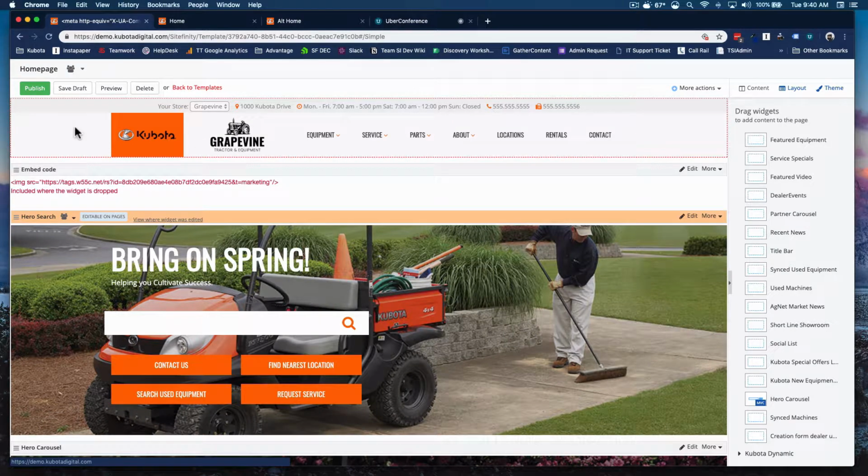Another change you can make to your home page is your header and footer color that you see here. This is the light theme. We have a dark and medium theme, and you can change those out at any time. Just let the support staff know, and again, that address is